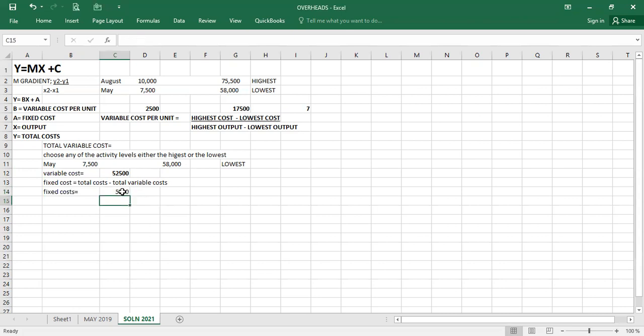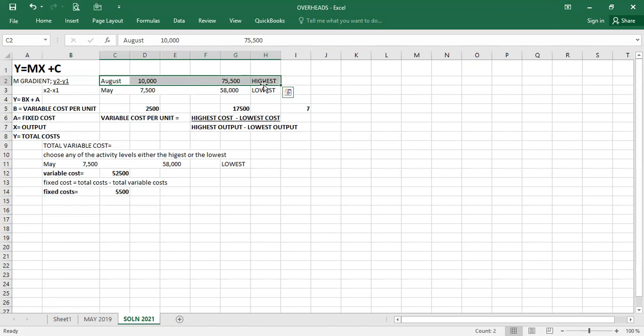That will give us 5,500. Now this is our total fixed cost. If you choose, let's say, we take the highest